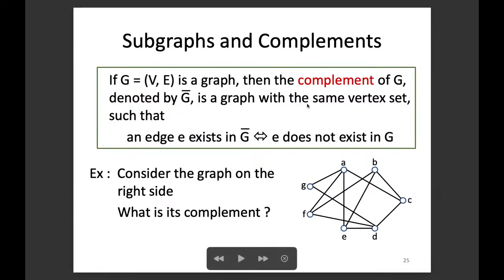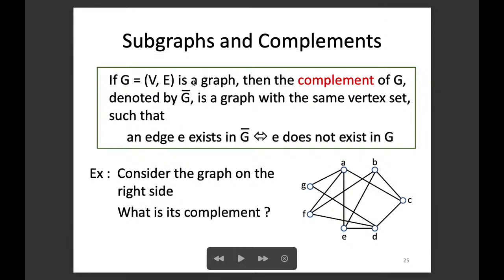And another concept is called the complement of a graph. So the complement of a graph is we have the same set of vertices, but whenever there is an edge in the original graph, then it will not be an edge in the complement of this graph. On the other hand, when there is no edge between two vertices in the original graph, then in the complement, we will have this edge. So what does that mean? Okay, so the complement